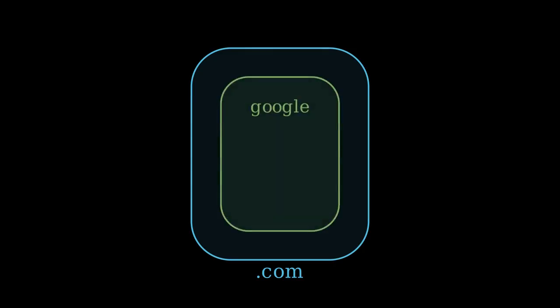Where does Google.com go when you type it into your browser? Think of a domain name like a Russian nesting doll. The outermost layer is the top-level domain, or TLD, like .com. Inside that sits the second-level domain, which in this case is Google. Tucked inside that is the final piece, the subdomain, like mail. Together, these form the full address,